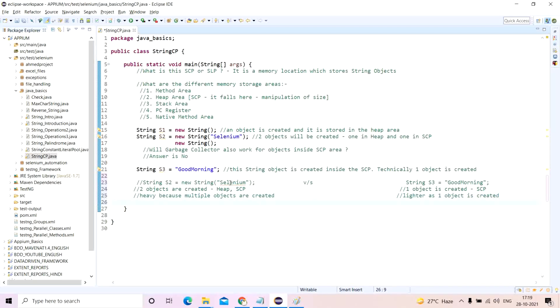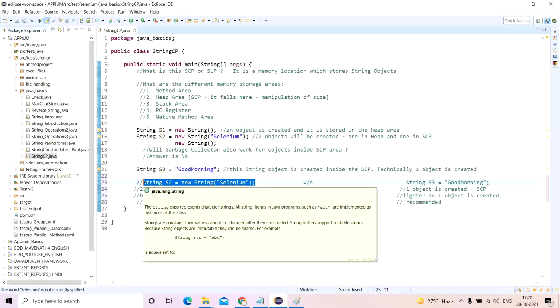Now what could be the next difference? This is not too recommended. If it is a small project, then it is fine, but if the project is expansively huge, I recommend please go with this format of creating string objects directly by passing the literal and not by using the new keyword. This particular concept will not slow down your execution. The automation execution time will not be slow, but this will be comparatively much slower and much heavier as well.